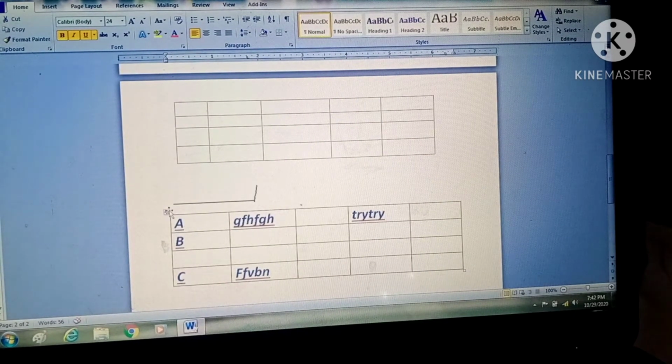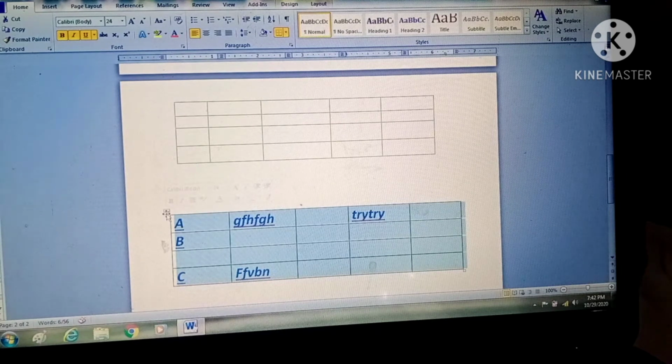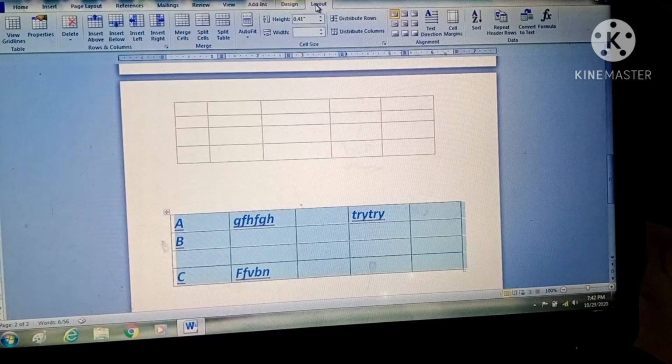The second method to insert rows and columns is you have to select a table. When you select a table, you can see one more tab here, that is the layout tab. Click on this layout tab, go to the rows and columns group, and you can insert from here: insert above, insert below, insert left and insert right. By using this group, you can insert the rows and the columns here. So it's clear. By this you can insert, and by right clicking you can insert. These are the methods for inserting rows and columns.